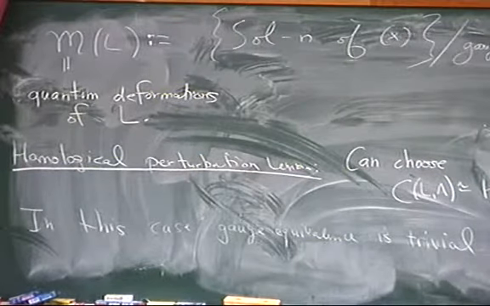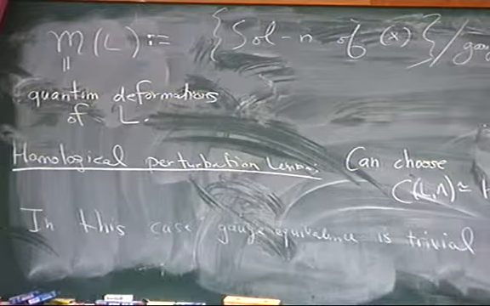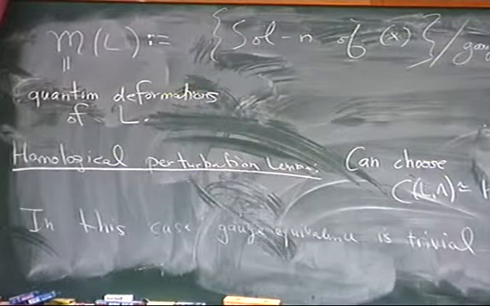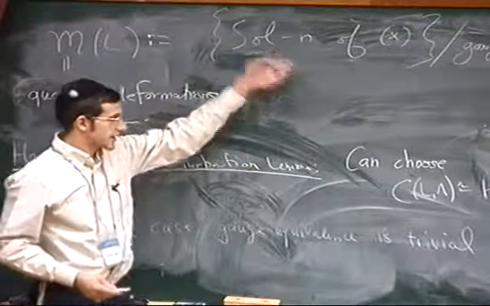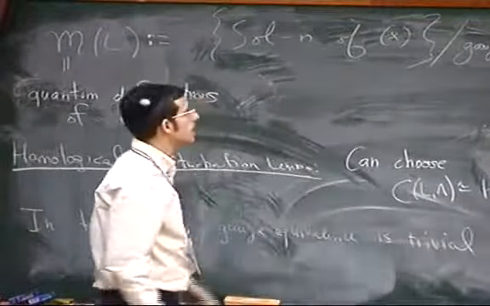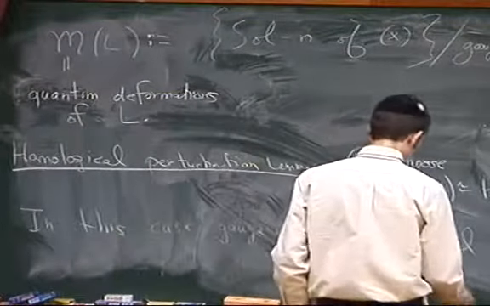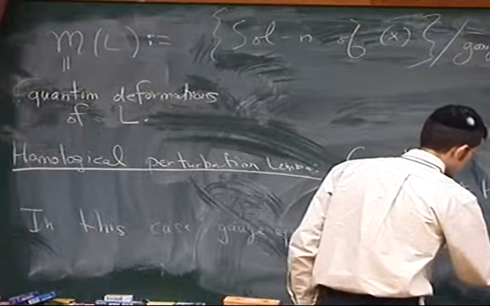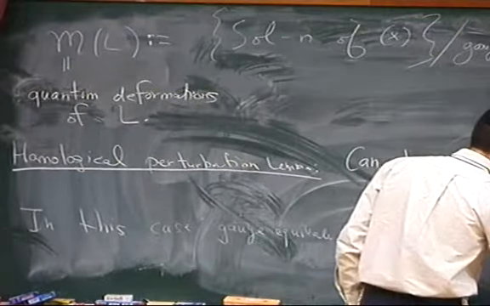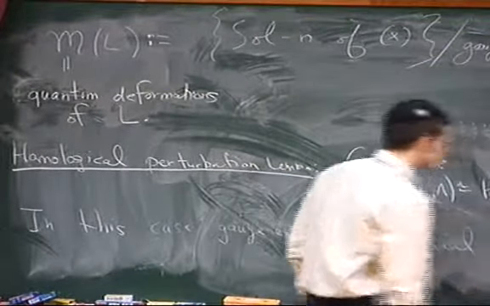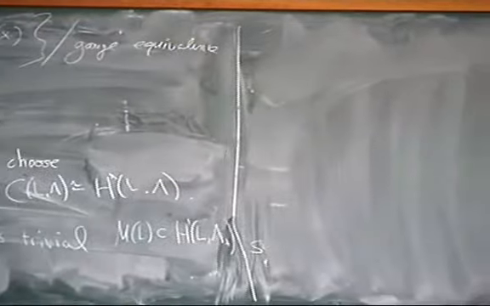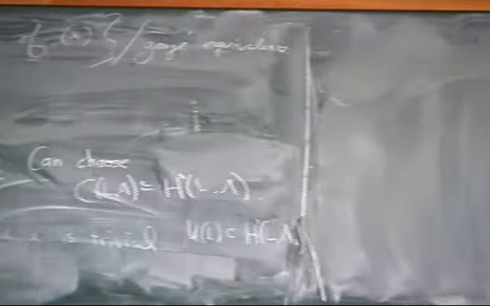Okay. So where am I going with this? I'm going to come back to the original big picture and say that in particular, we're going to be looking at some subset of just H^1 of L with coefficients in Lambda. So M of L is just contained in H^1 with coefficients in, well, I should have said Lambda plus, which means you have to have some kind of positive filtration for things to converge properly, so there's also Lambda plus.